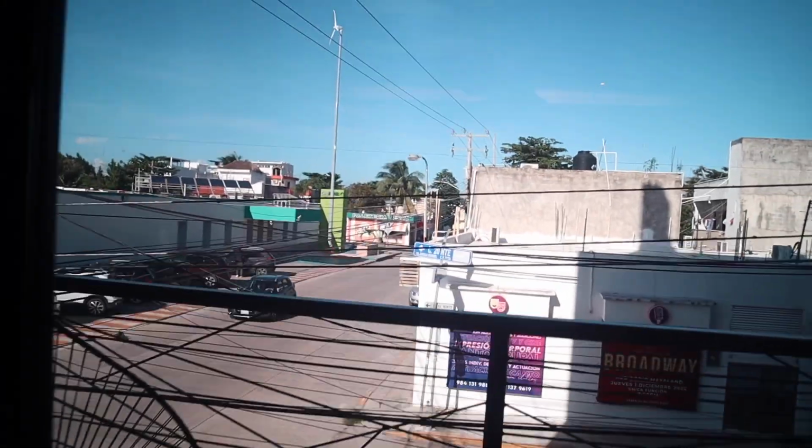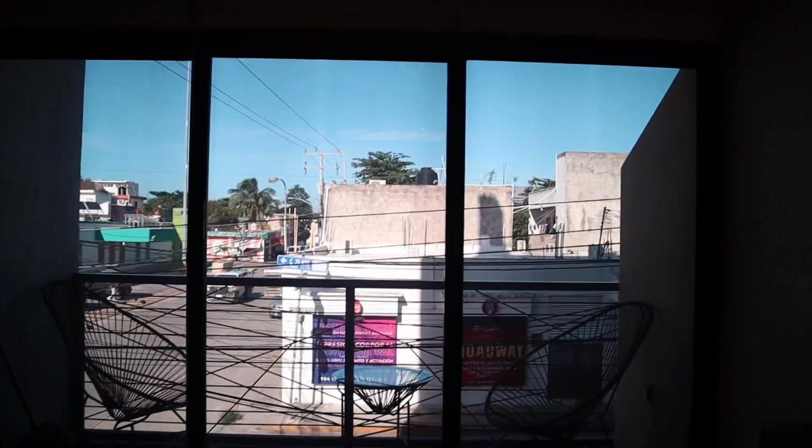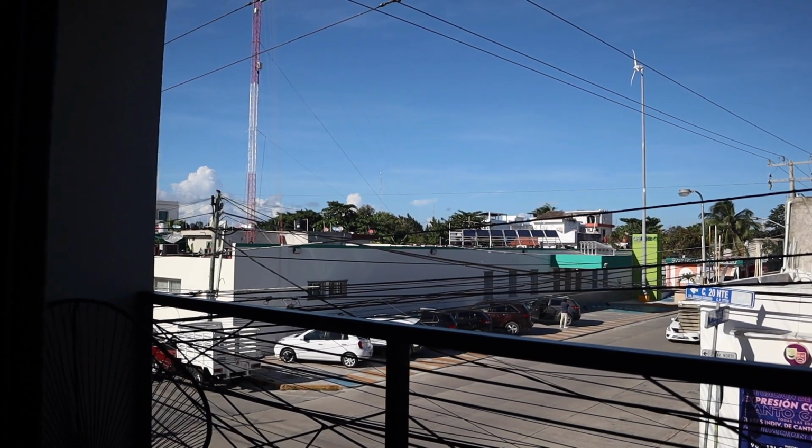It can get a little noisy sometimes, especially if I have these doors open. Also, I'm not sure how bright it seems on camera, but these windows do have a dark film over them, so if I just open this up, you'll see just how much brighter it is outside. The camera struggles to adjust to the bright lights out here without the filter. You can see just how dark the apartment is compared to